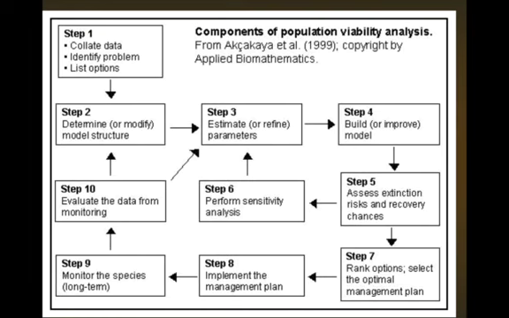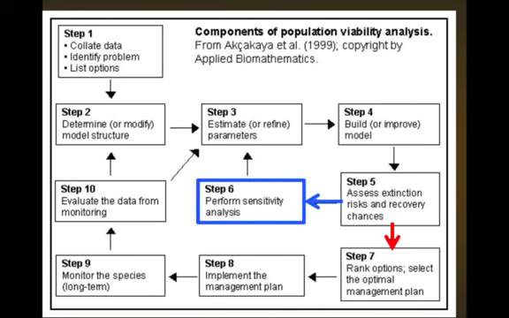And here's where I want to step in and say we can go two different directions. That's at step 5. At step 5, we can do one of two things. We assess the extinction risks and recovery chances. We can then either go directly to step 7, where we rank management options, selecting the best management plan for the survival of the population or species, or we can perform a sensitivity analysis, which is going from step 5